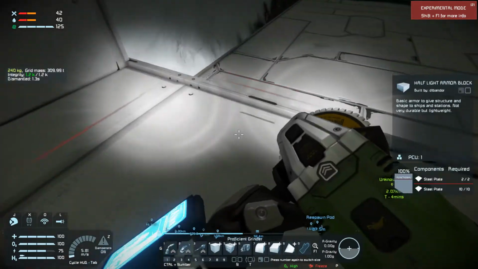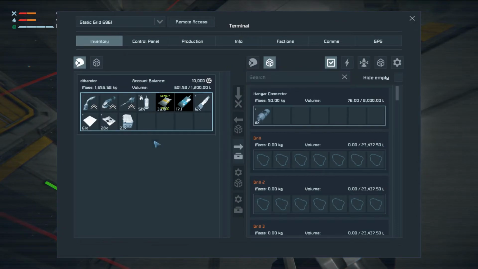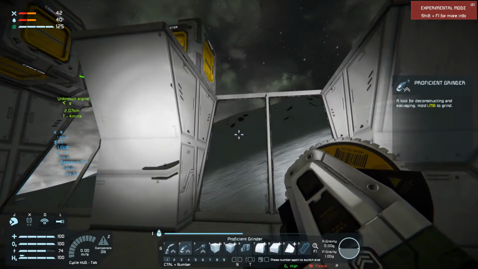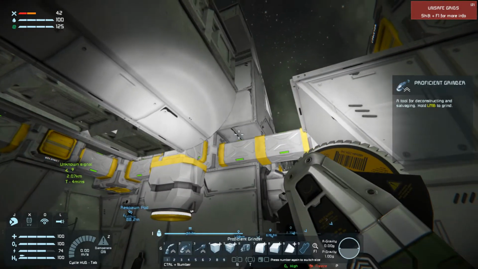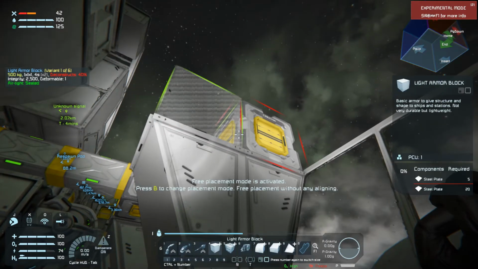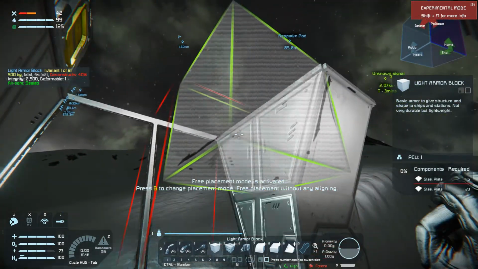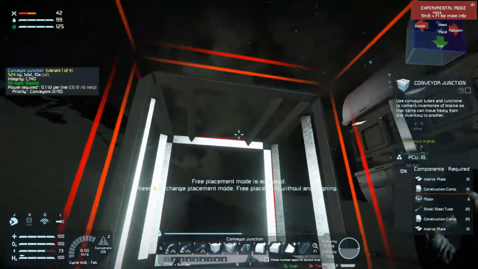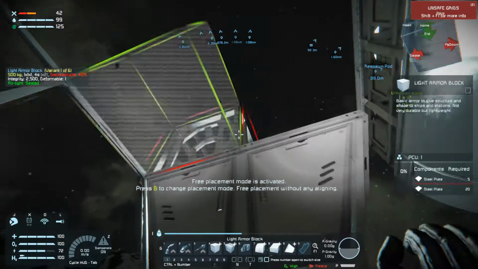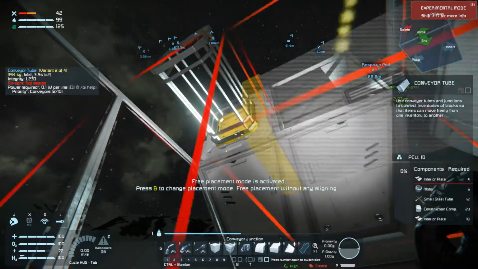Okay. We are slowly making progress. Even though we've just built and taken down and then rebuilt and then taken down a bunch of stuff already, we are still making progress. Okay. So we are going to put a block up here, and we're going to do a conveyor junction thing here with another block over here. We are going to connect this with a tube,